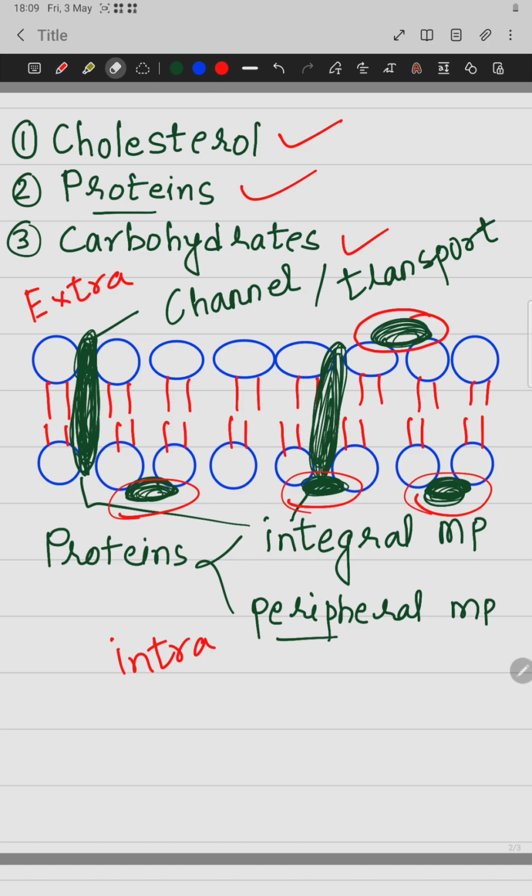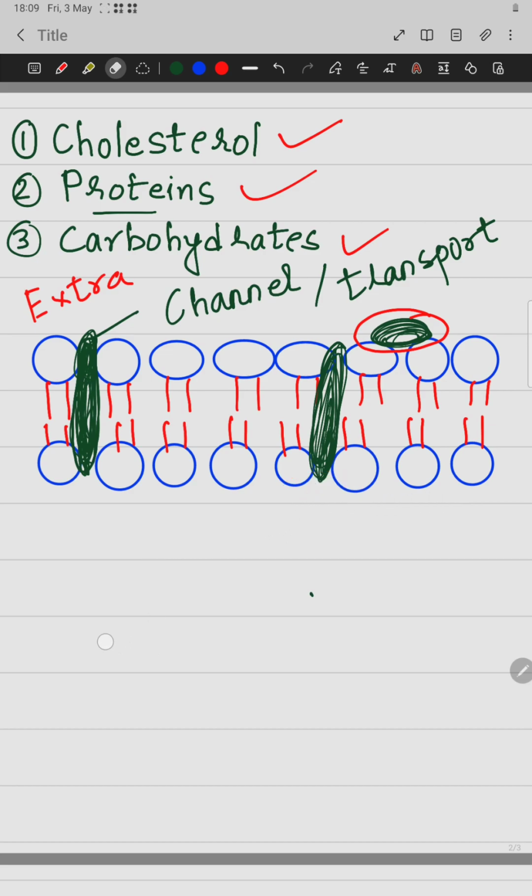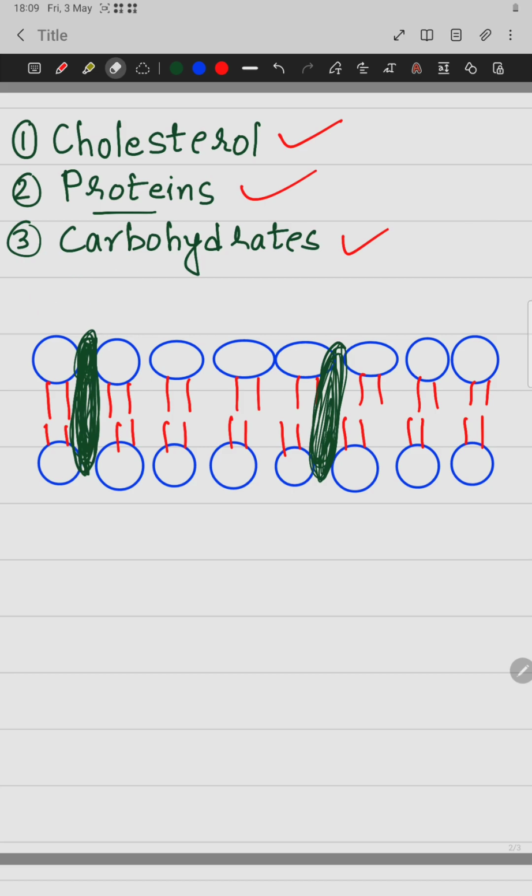Now let us come to the last part, which are the carbohydrates. So we will find carbohydrates in the cell membrane usually attached to the integral proteins or the lipids of the cell membrane. So suppose these are the integral proteins, so the carbohydrates will be attached in the form of a chain like this, or they could also be attached to the lipids of the cell membrane like this. So when they are attached with the proteins,